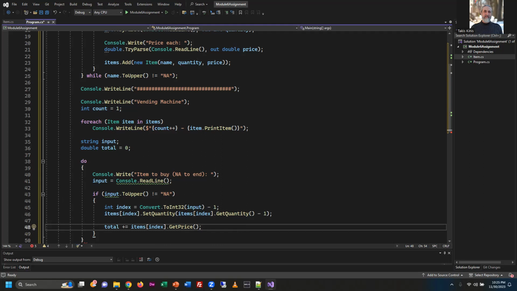And so basically, to just review all this. This is a little weird perhaps, but this is to get us to point to the right index position in the list. Once we have the right index position, we will go into that position, get the quantity that we currently have and subtract 1. Because why? Because they bought 1. And I don't think I said that before, right? So they are buying 1, so we're subtracting it, and then we're using the set quantity method to adjust the